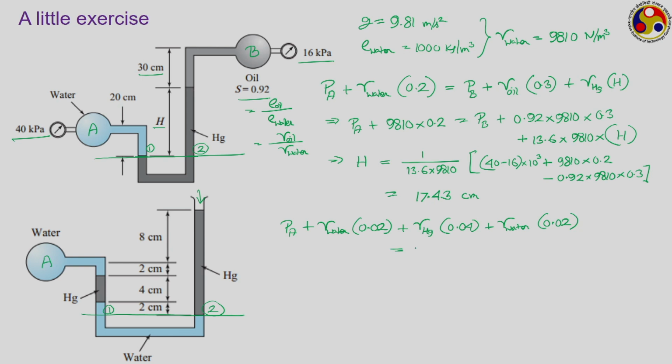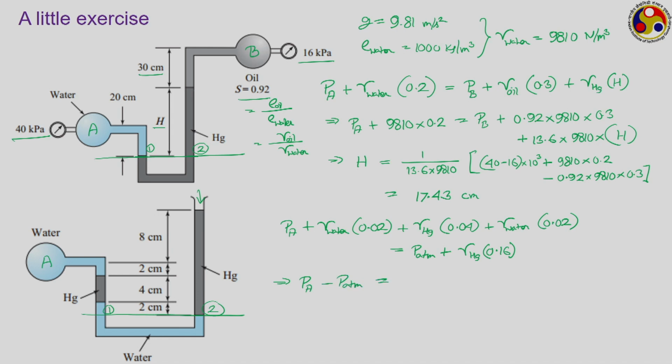One side you have the atmospheric pressure plus you are having a column of mercury of this much of height, it is given here. So, this is gamma Hg into how much is the height? We have 8 plus 2 is 10, plus 4 is 14, plus 2 is 16. So, 0.16, and now if we separate that out, we can take PA minus PATM is equal to everything else